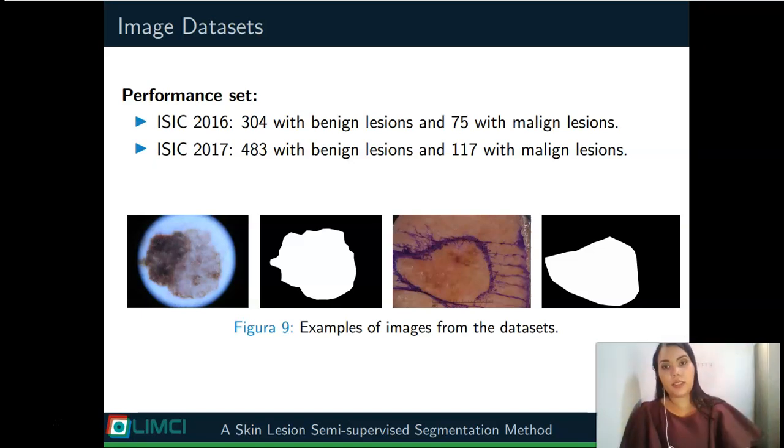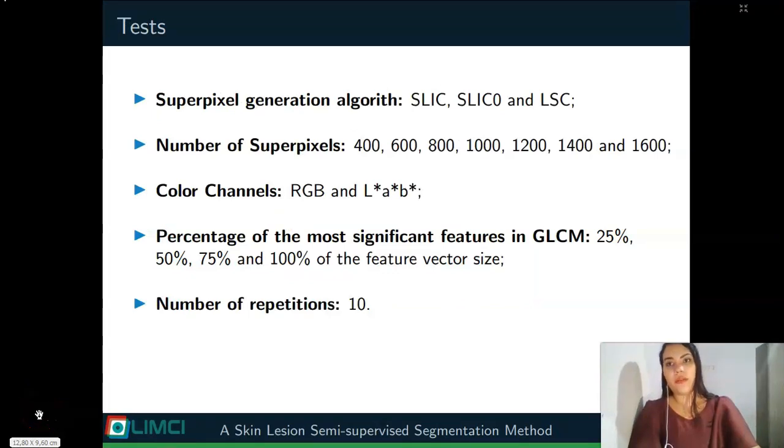The images in this database have the ground truth associated with the image; white corresponds to the lesion, black corresponds to the background. All tests require 3 parameters. For the superpixel generation algorithm, we evaluate SLIC, SLIC0, and LSC. Superpixel number: 7 values, starting at 400,